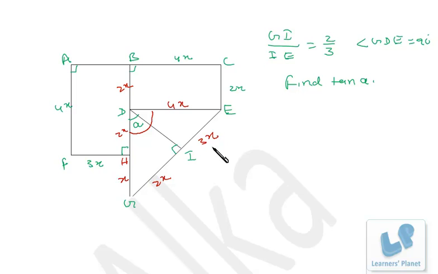Now once again, what we will be doing, we have to find out this length actually to find out tan A, because tan A is actually perpendicular by base. So we don't know this length. So DI we need to calculate. I assume this to be P. Right? Now this triangle and the original one is similar to each other. We have discussed this several times. Now if the two triangles are similar to each other, their sides will be in proportion, right? So I take this triangle DIG and triangle GDE and I am putting the sides in proportion, right?